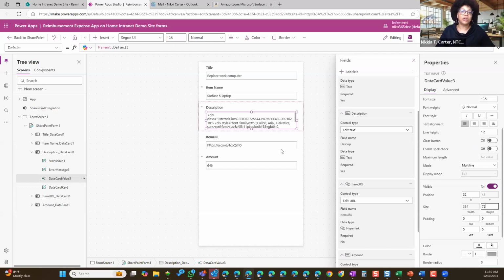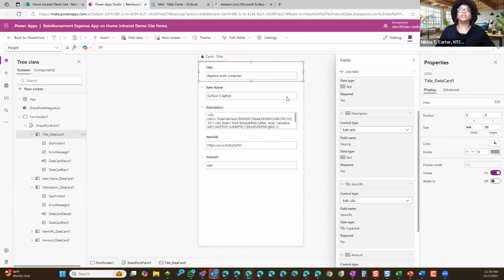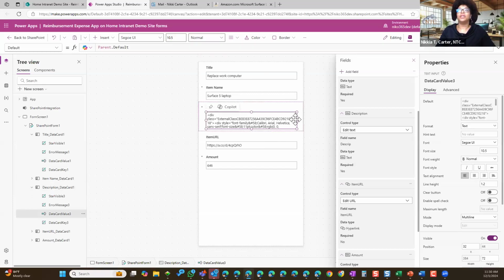Now, what I really want to concentrate on here is making this a little bit more pretty. But before I do that, I just want to explain one more thing. When you have a Power App and it's on a rich text box, which I had, where you can use the formatting when you enter the description, I had to click on the little pencil and I saw the little formatting things like bold, italics, and all of that.